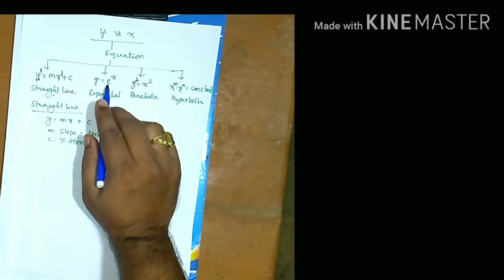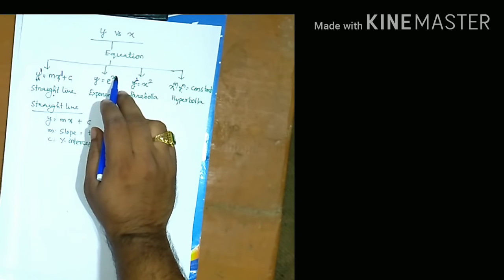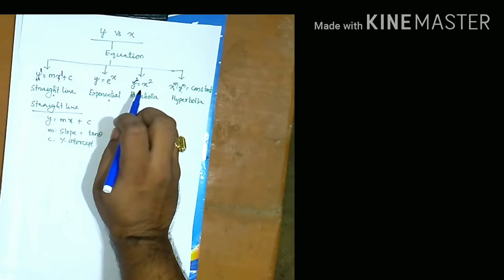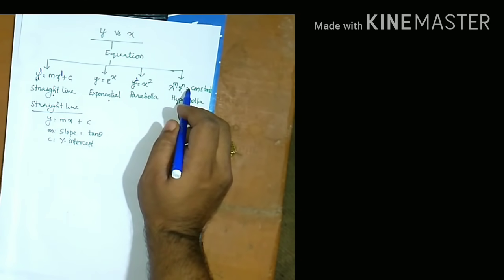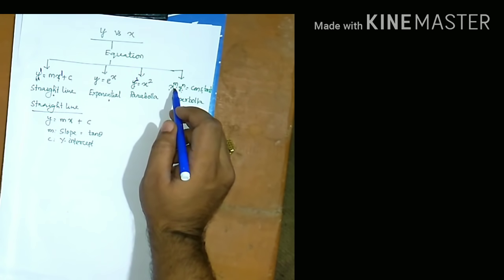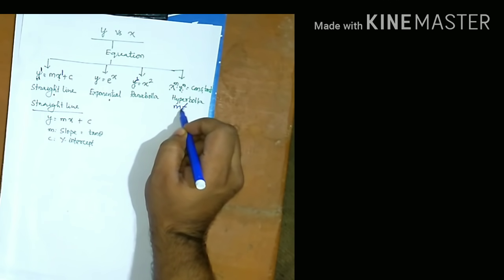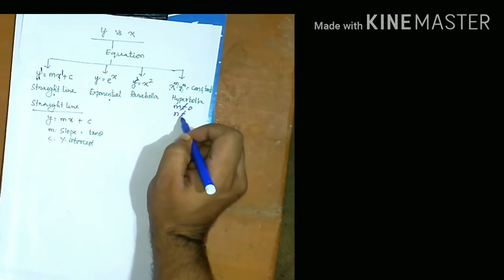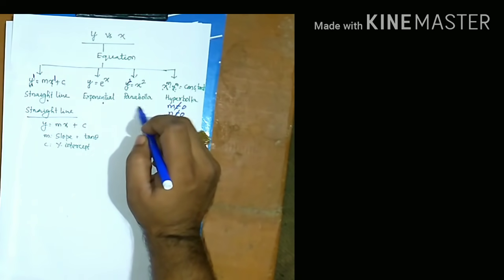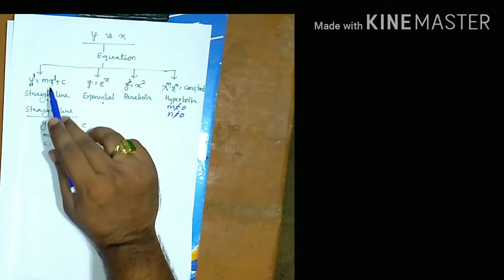And if an e term is there, small e, y is equal to e to the power x, if small e is there, then that is an exponential curve. And if both x and y are on the same side of the equal to symbol and their product is a constant, and they are raised to powers m and n, and here remember m is not equal to 0 and n is also not equal to 0, then this is the equation of hyperbola. This is parabola, this is exponential when e is there, and if power 1 is there, that is a straight line.